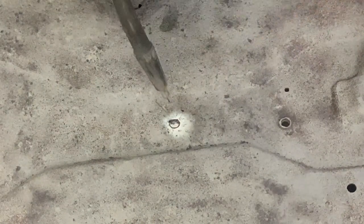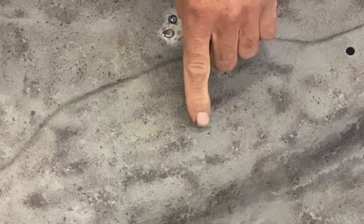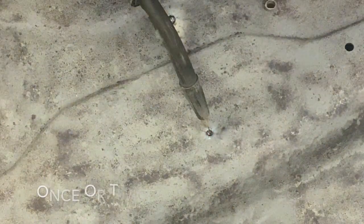Perfect. So I'm going to weld this one right in the middle, and I'm going to go all the way around. I'm going to go over to this side here. You can see, I see the aluminum right behind there. I'm going to go right in the middle. Wrap it once and go all the